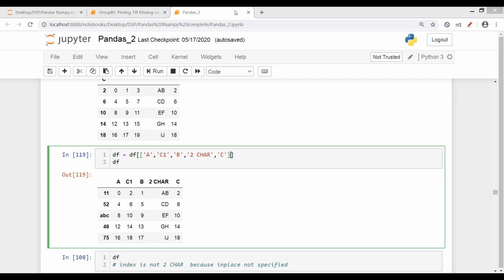Ideally, we never do it, but just let me give a try by specifying the axis, but होगा नहीं, because by using square brackets we specify column names. Give me a second. No, it will look for columns.